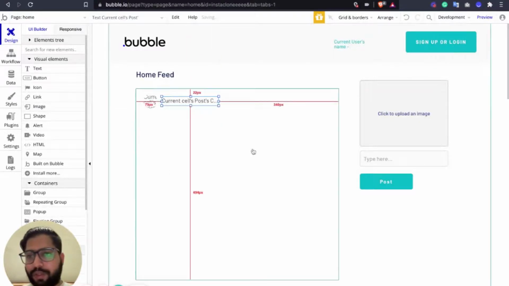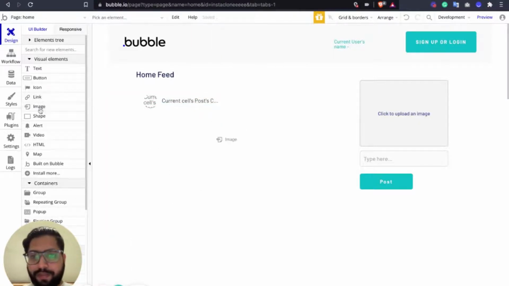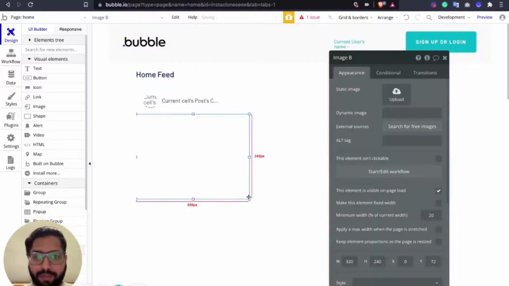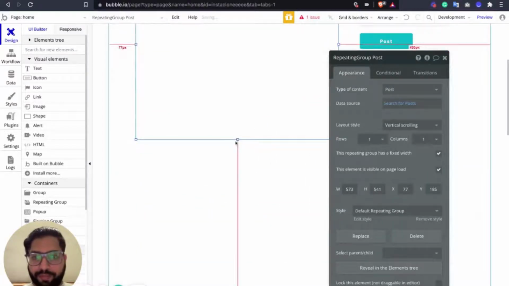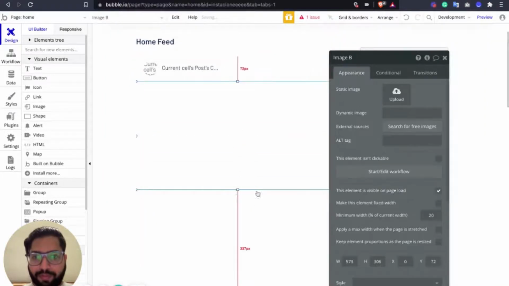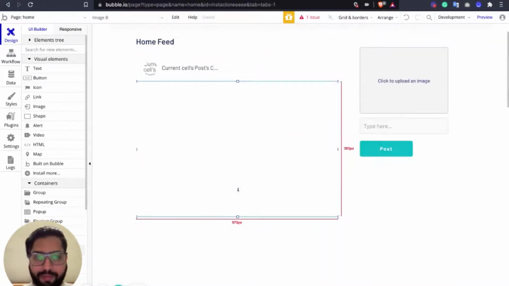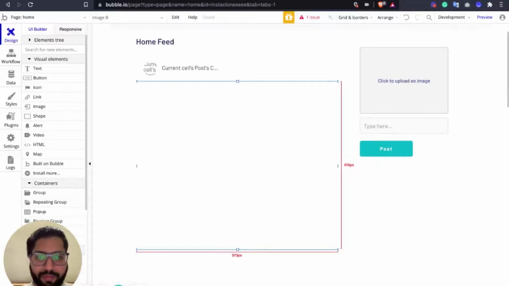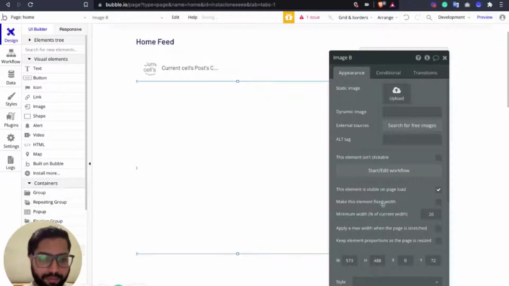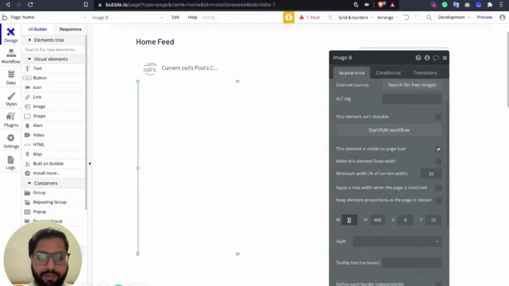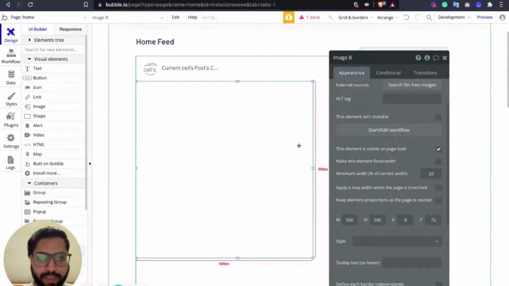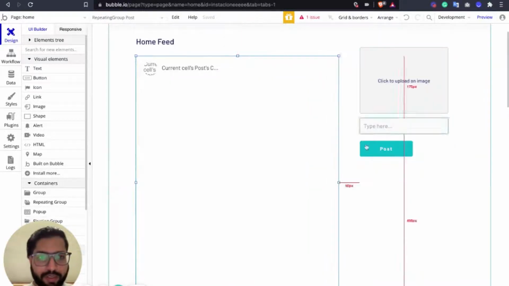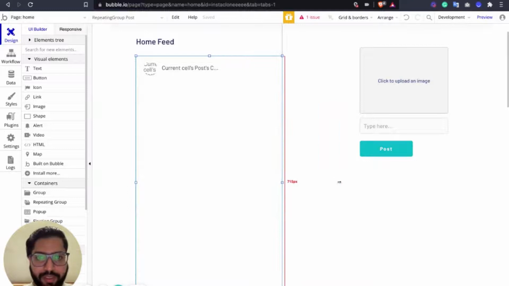And then we're finally going to have the post image here, which will be, let's put it edge to edge. Going to have 500 by 500, and let's not have any sort of roundness.